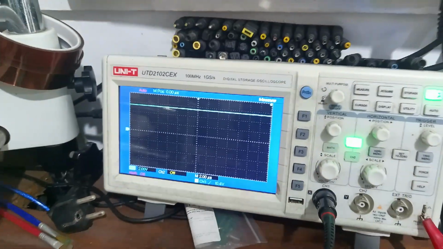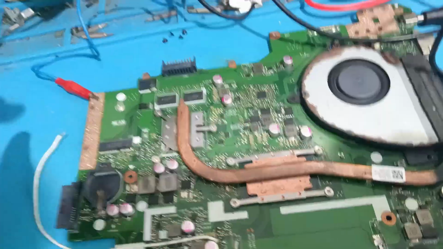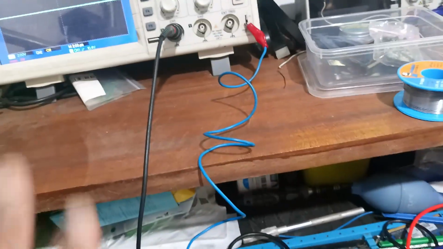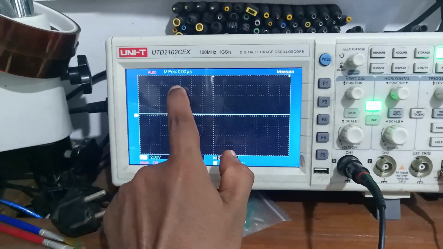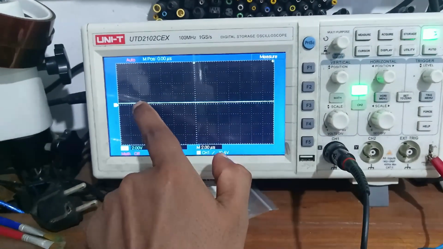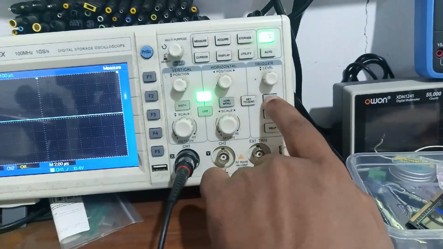Friend, our next step is how to check trigger mode with short circuit finding. Okay, you want to understand this one. Any frequency is coming starting from this one output line coil, this one. Okay, this line we want to capture. How to capture? You want to use trigger mode,